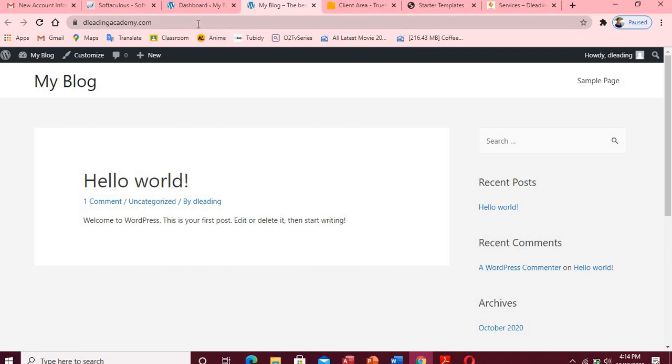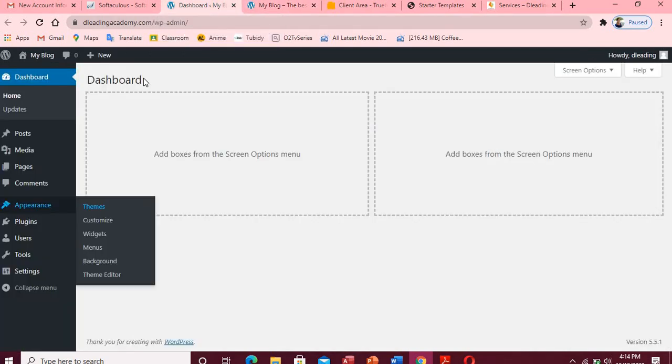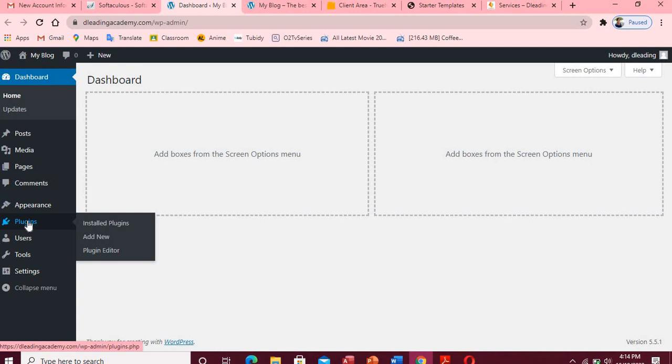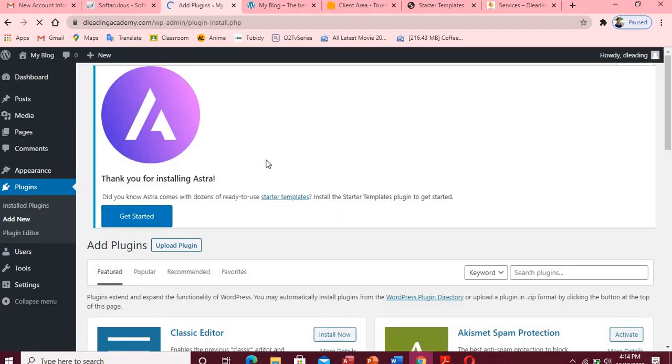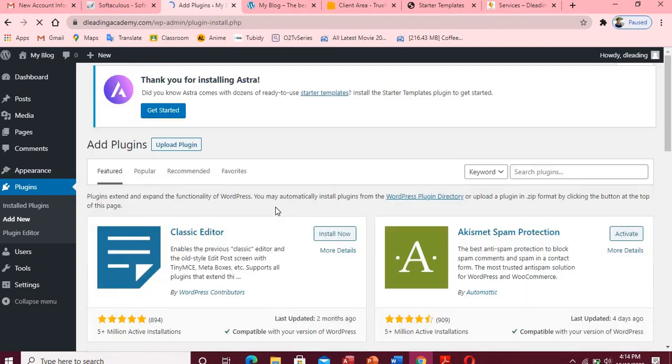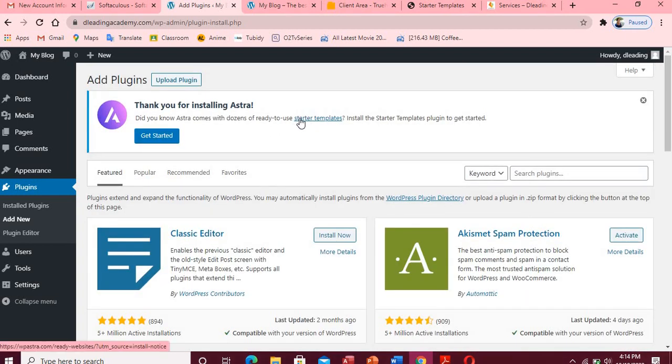So now we begin to add our plugin, because like I said, plugins increase the functionality of our website. So we come to our dashboard and we go straight to Plugins. One thing about Astra is that Astra adds a pre-made template, and the name of the pre-made template is called Starter Templates. Immediately you install Astra, it will tell you to install their plugin, and this plugin contains so many pre-made templates that you can use for your website. So without wasting much of our time, we